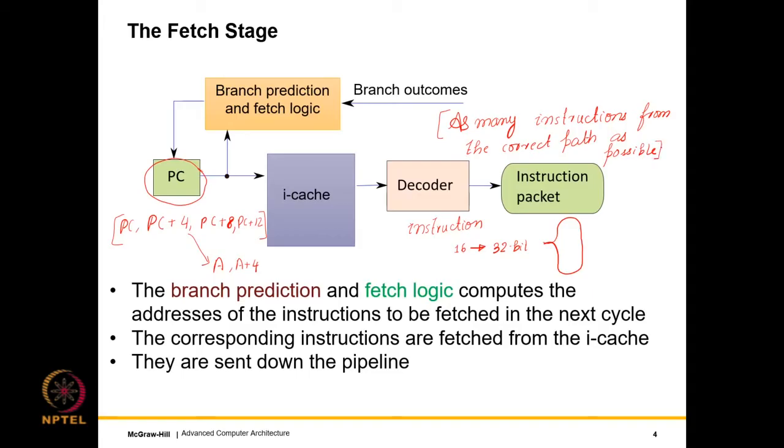So recall that we had discussed what is the correct path and what is the wrong path in the previous slide set. So the correct path is basically the correct branch path. So from the correct branch path, we need to predict branches correctly and fetch as many instructions as we can, such that we can supply as many instructions as possible in parallel to the rest of the pipeline. Because the fetch is like the head of the pipeline. So if the fetch is slow, the entire pipeline is slow, right?